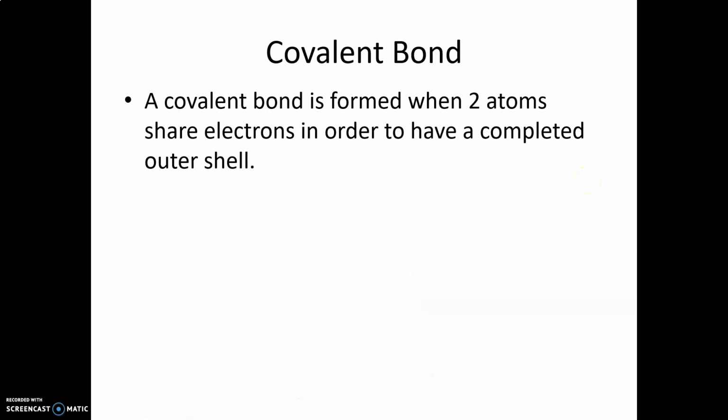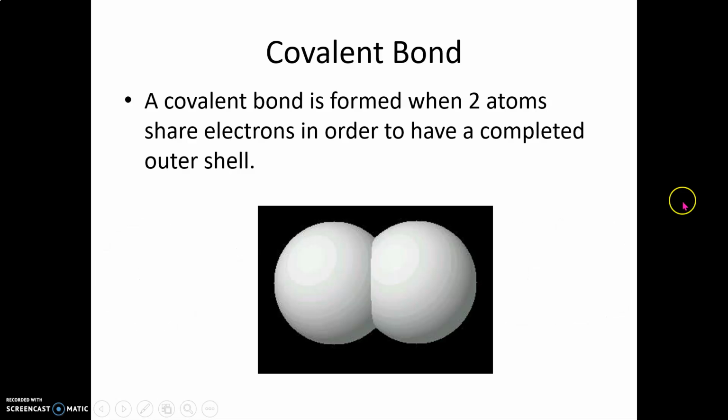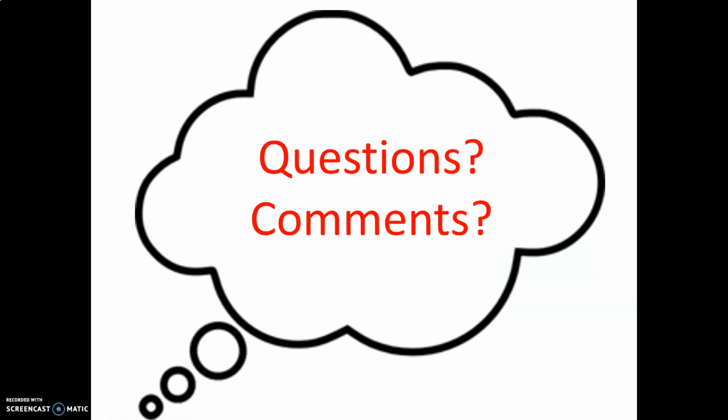And then with covalent bonds, we usually share. So here we have a hydrogen. This is its first shell, which needs 2 to be complete. They each have 1. They're going to share. I'll share mine with you, you share yours with me. Now we're full. Now we both have 2 in our outer shell. And so they tend to be like they have merged together. So ionic, lost or gained; covalent, sharing.